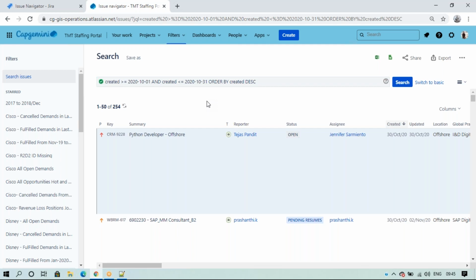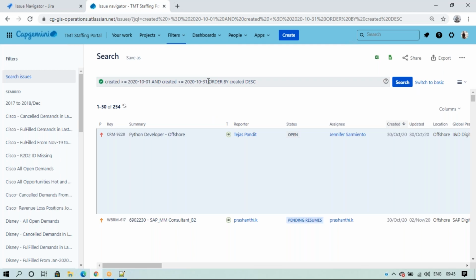But this is an interview question: when you write that JQL filter based on the query and based on the date, how should the date format be? The date format should be year, month, date. Actually in India we write it first date, month, year, right? So here it is different: year first, then month and date. So remember this one thing, okay?